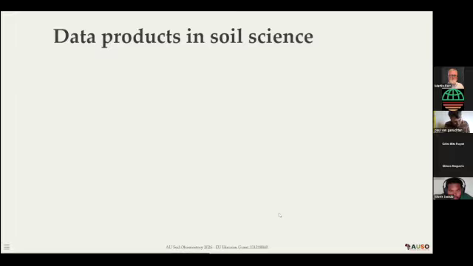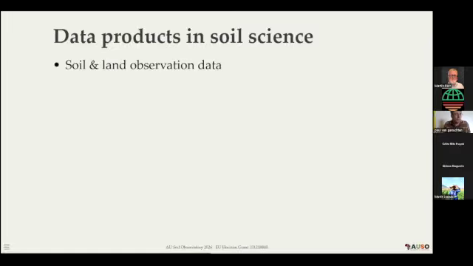So let's dive in first. We often tend to look at soil and land observation data first when we talk about data, because they are the source of all the soil health indicators, predictions, etc. that we base on those data.